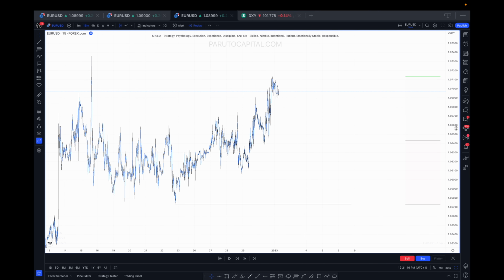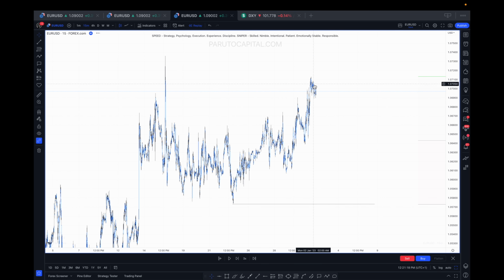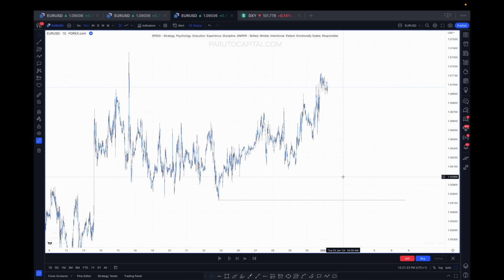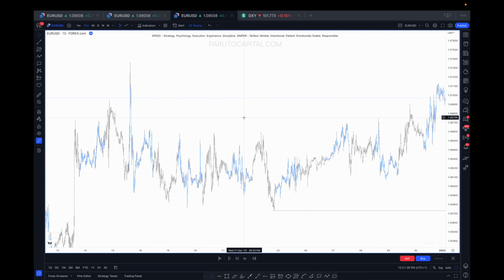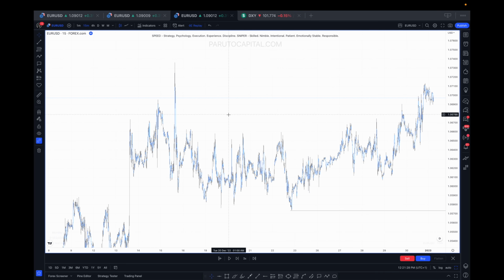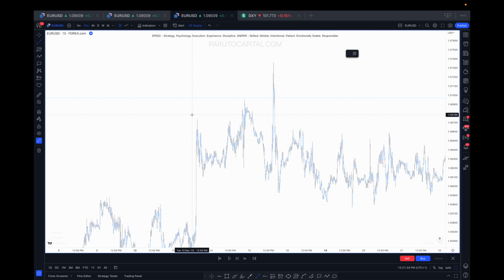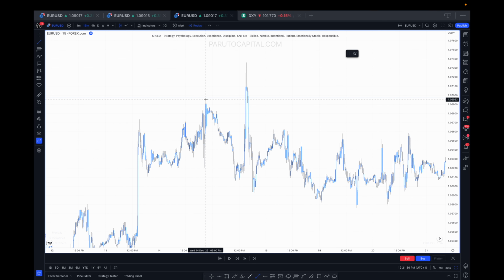Yeah, so cool. So this was the high that was made before the pullback started. This was the 4R low. So we have all of that in place. Now we need to draw the 15 minutes structure. Okay, so starting from this, sorry. So basically here we can see that we have this high here that actually on the 4R,